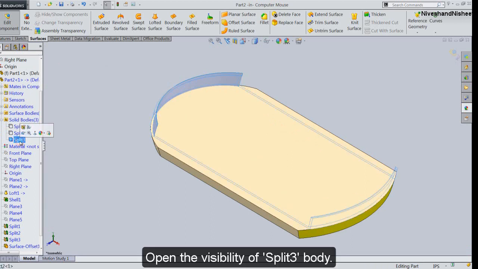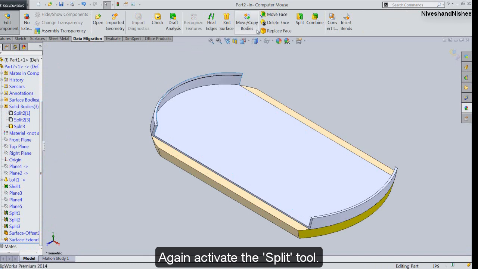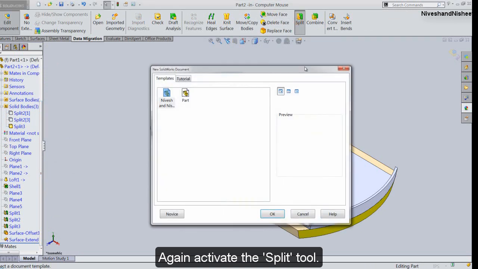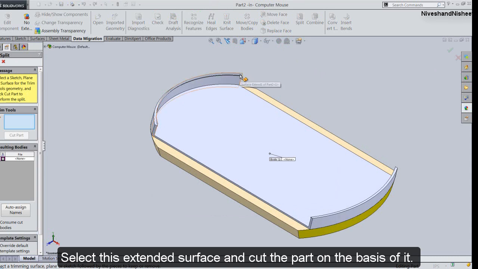Open the visibility of split 3 body. Again, activate the split tool. Select this extended surface and cut the part on the basis of it.